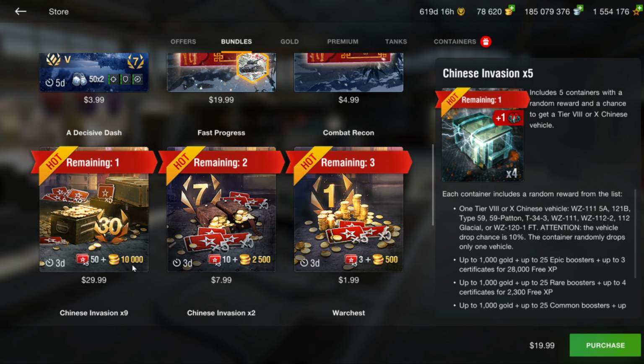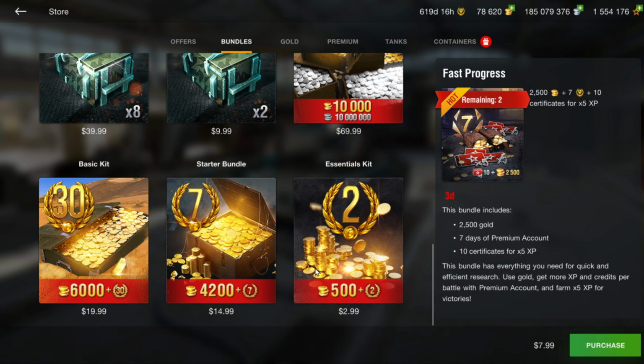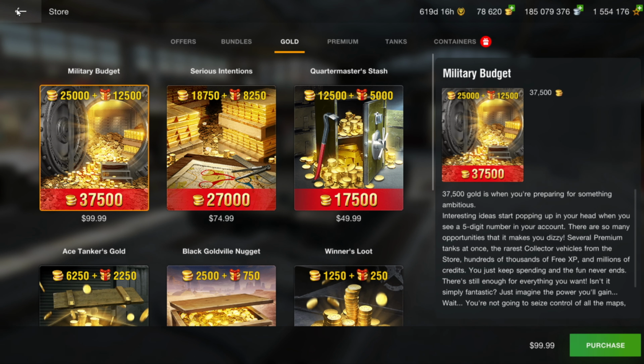And then we get into some of these other offers, Decisive Dash, they're calling it. This is 10,000 gold for 30 bucks. Yeah, it's 333 gold per dollar. You get 30 days of premium time, but it's just really not a good deal for gold to dollar conversion. I like to use 350. You're not getting 350 out of this, so I would certainly pass on these. And here are some more Chinese invasion crates, and you can see $5 here per crate. This is getting kind of ridiculous on these prices. So anyway, as I said, there's not a whole lot in the store, and let's go ahead and open that